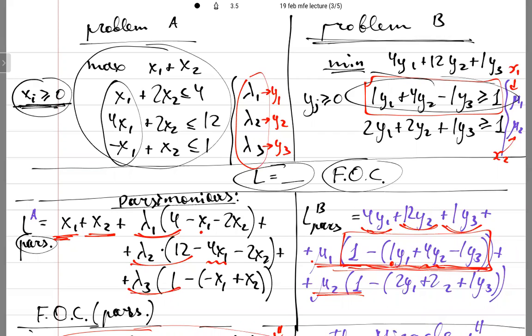Non-negative in what sense? Because I can see minus x1. Non-negative, I mean a constraint. X should be non-negative, so the condition is that it is non-negative. And even